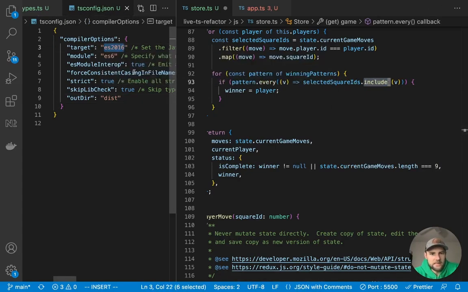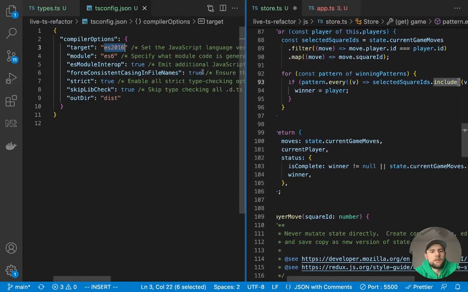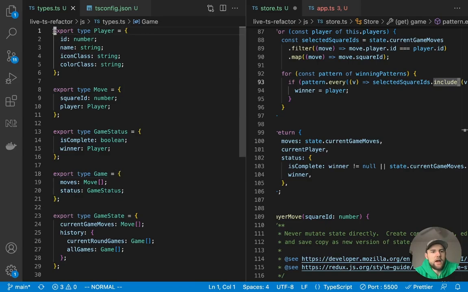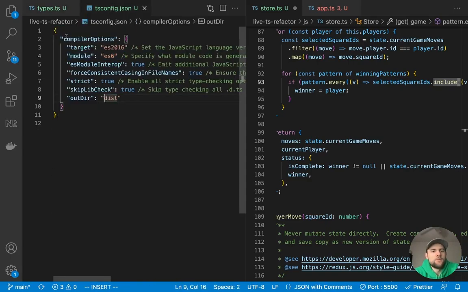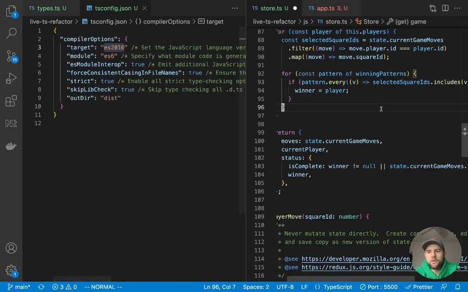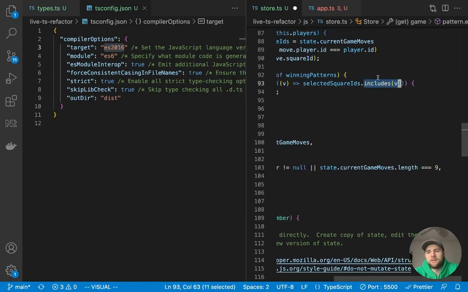ECMAScript 2016 spec. So we are, let me be clear about this, we are using ES6 modules, which tells us how we can export and import things from modules. And then we are compiling our TypeScript code to this standard of JavaScript. So that standard of JavaScript has this method.